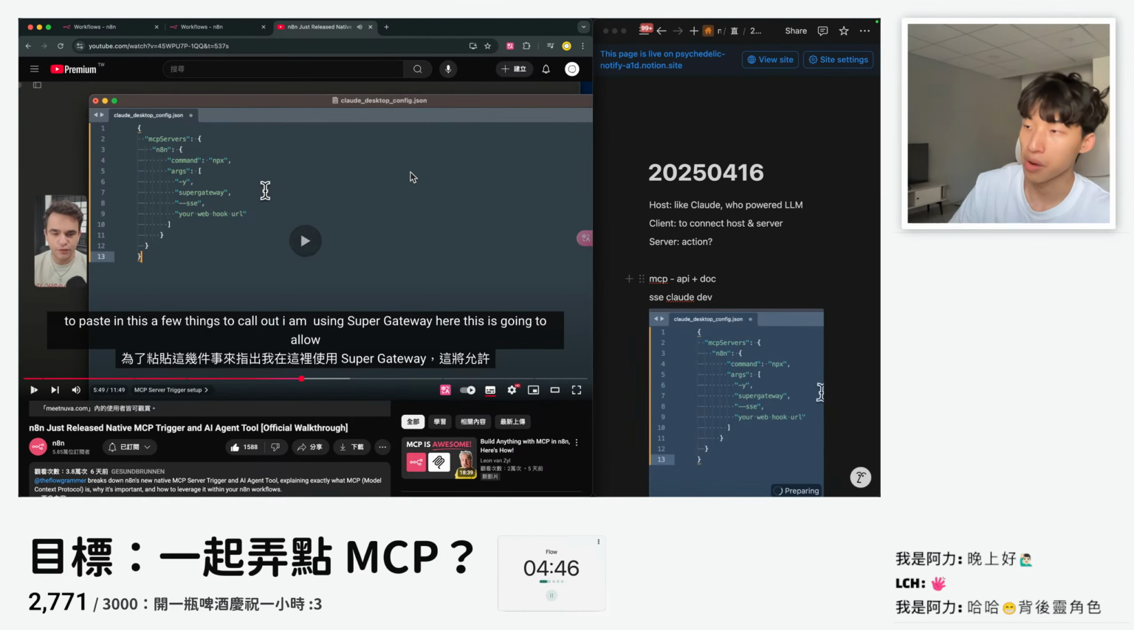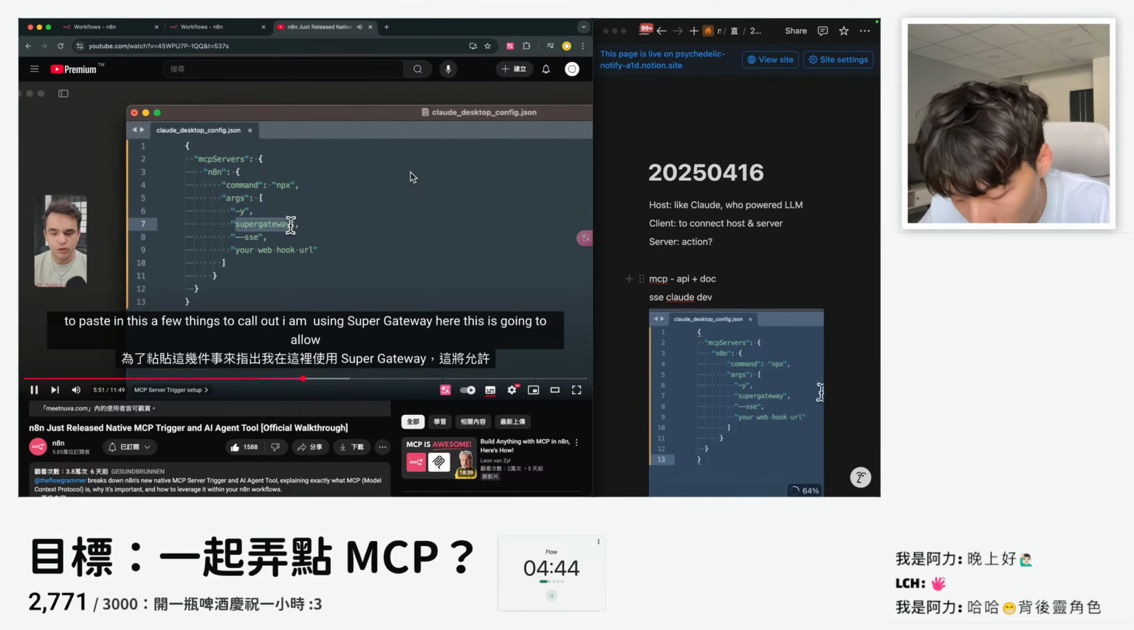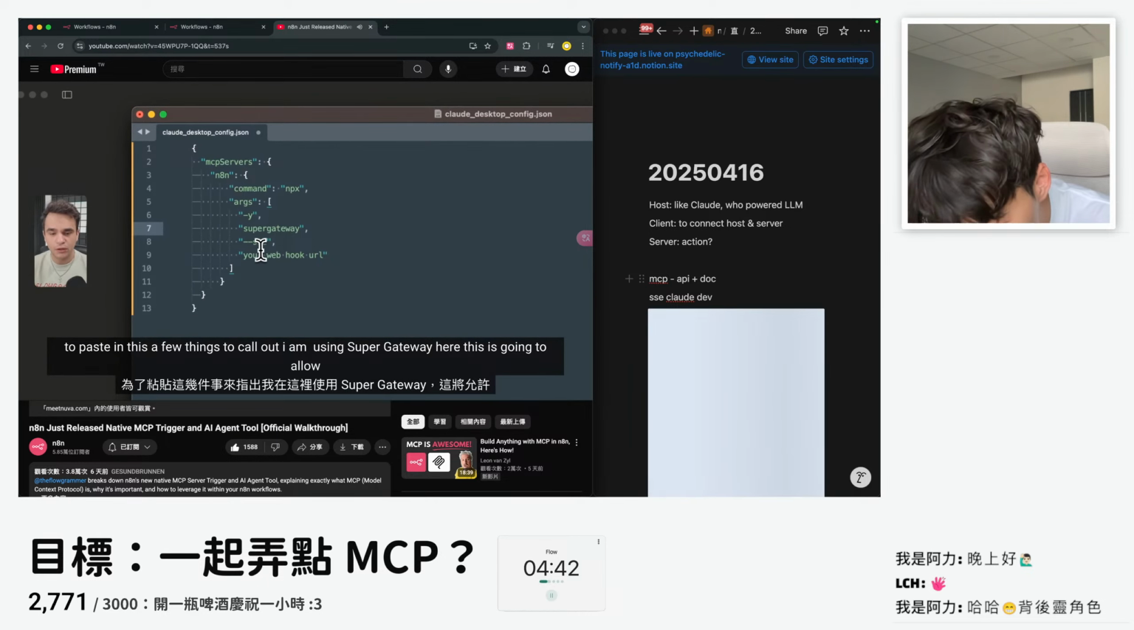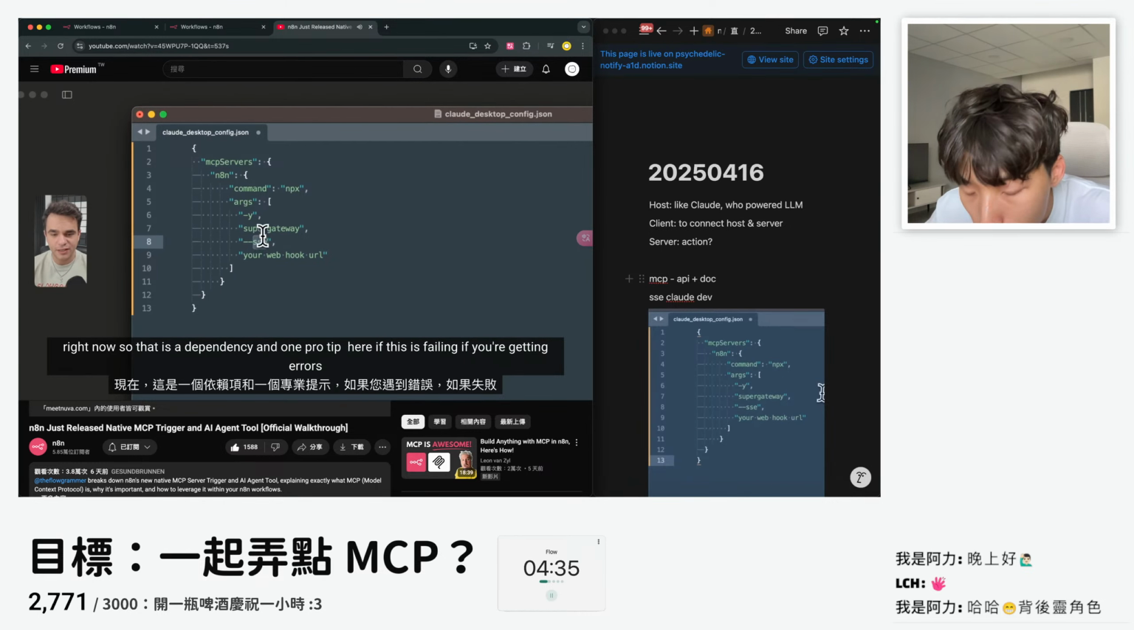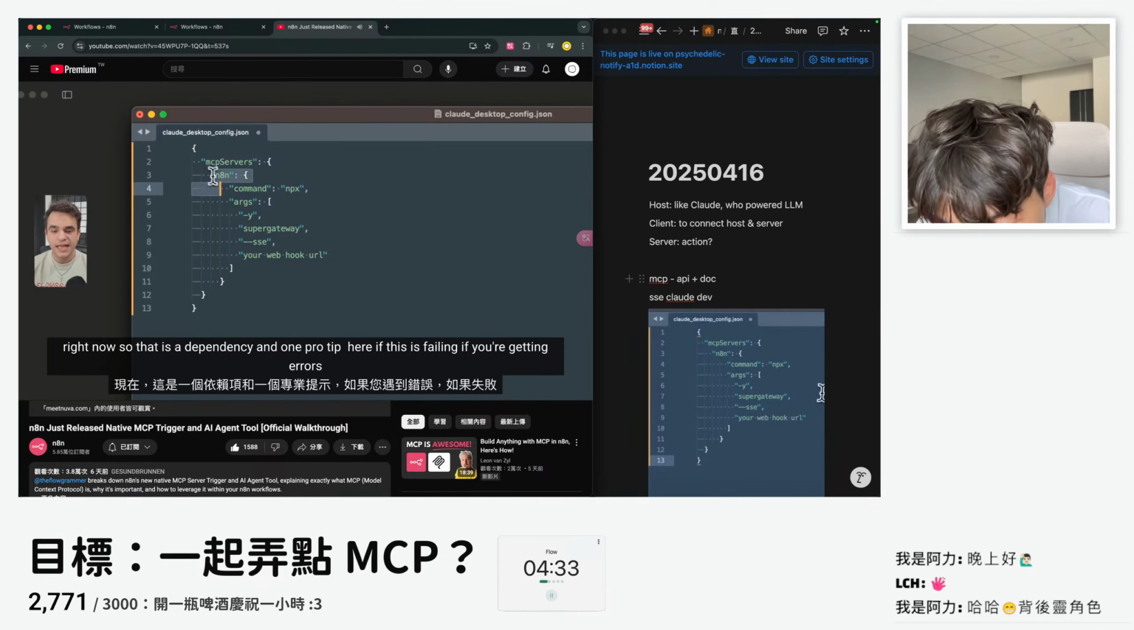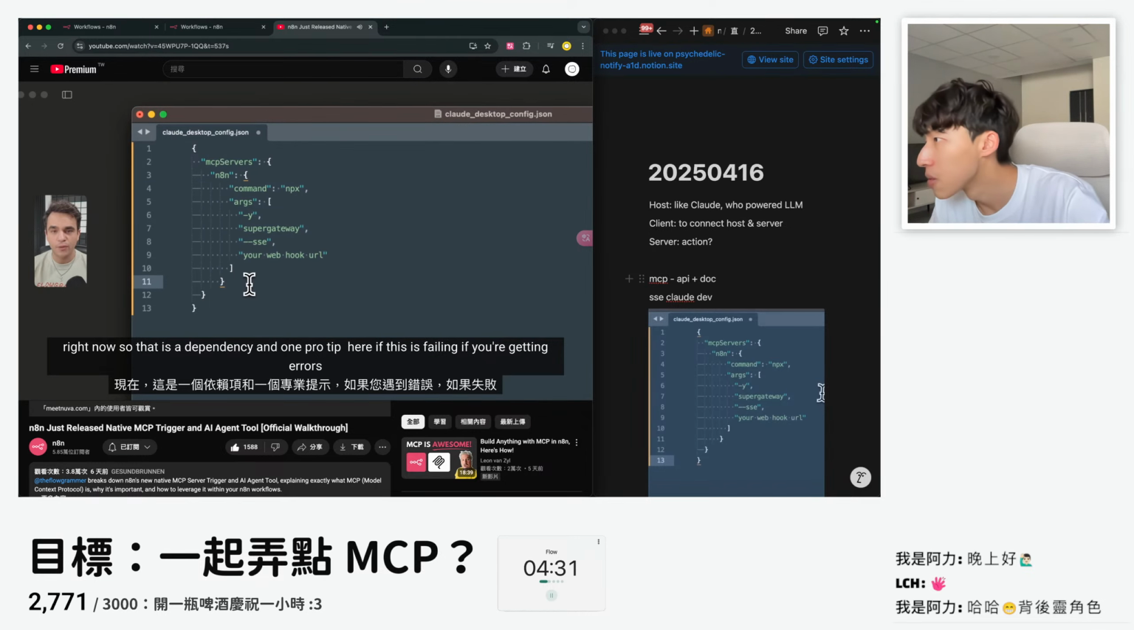A few things to call out. I am using Super Gateway here. This is going to allow Claude to communicate with our MCP trigger over SSE protocol because Claude doesn't natively support that right now. So that is a dependency. And one pro tip here, if this is failing, if you're getting errors when you're trying this,